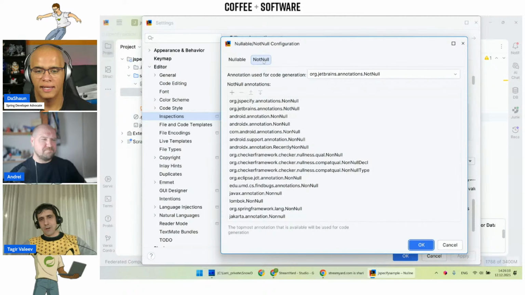You can see a lot of them from Android, one from Spring Framework, from FindBugs, which was an old static analyzer, from Lombok, and so on and so forth.